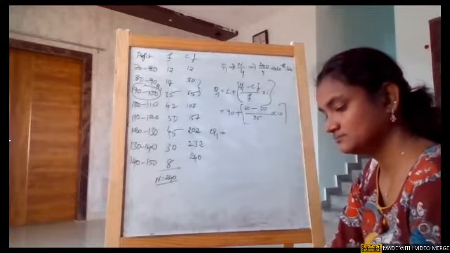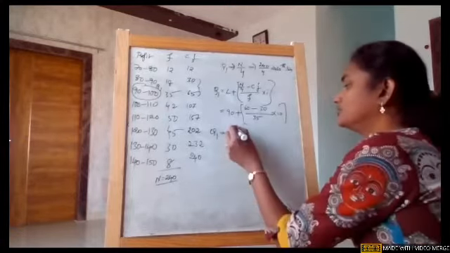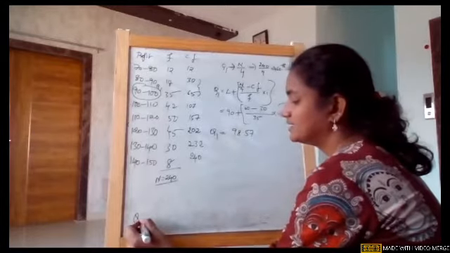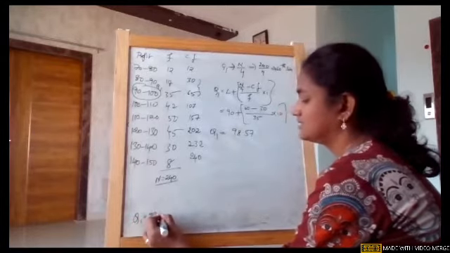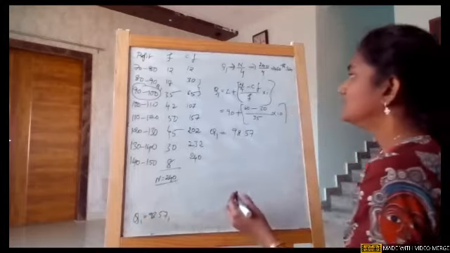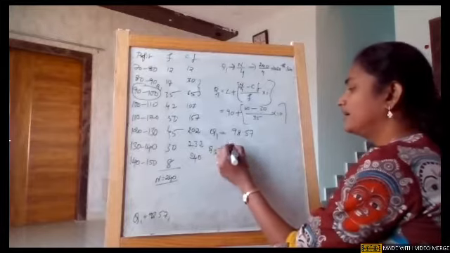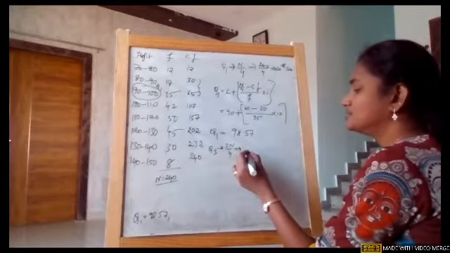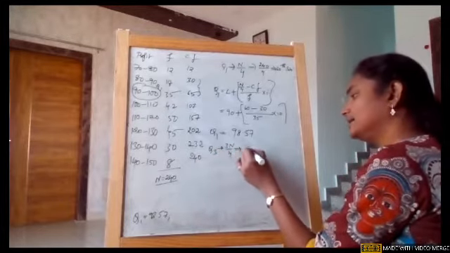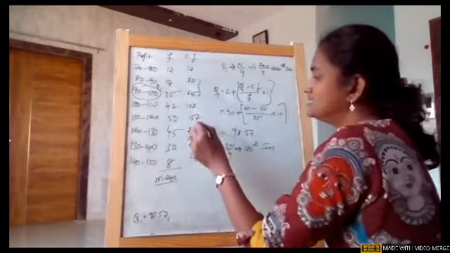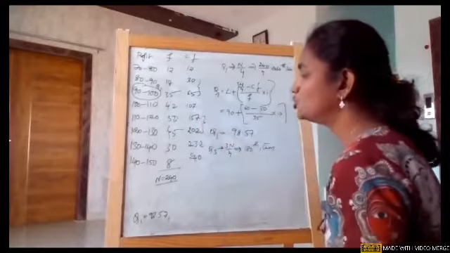$98.57. So Q1 is 98.57, we got one value. I'm just writing it here because if I erase later, it will still be here. Similarly, now Q3 is 3 into n by 4. When we substitute it, 3 sixes are 180th item. So the 180th item is ranging between 157 and 202.